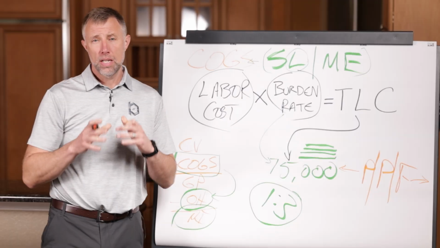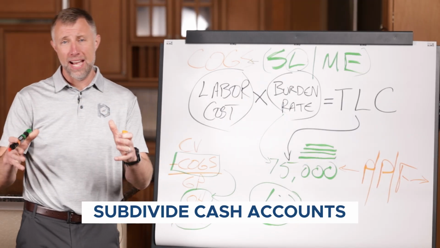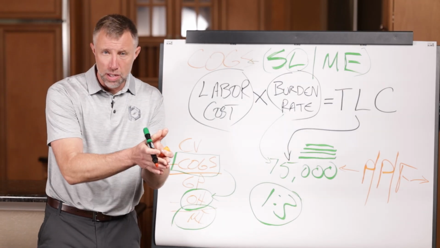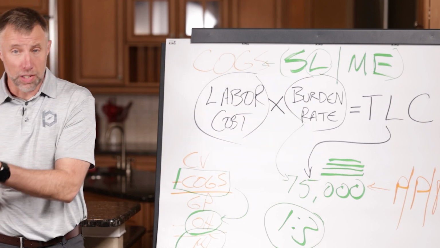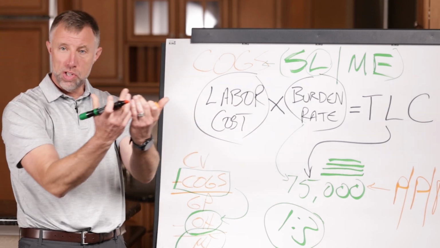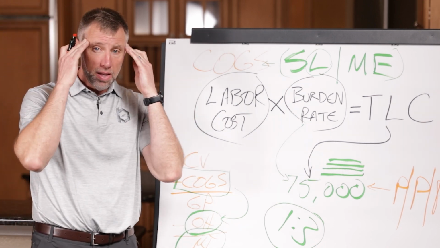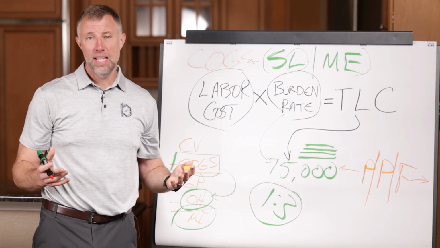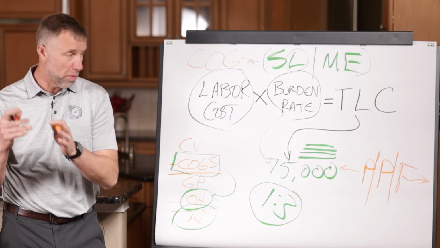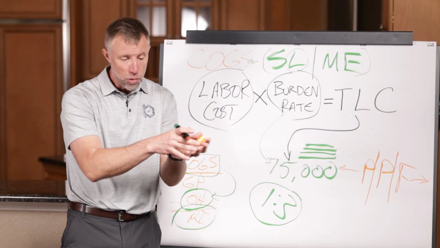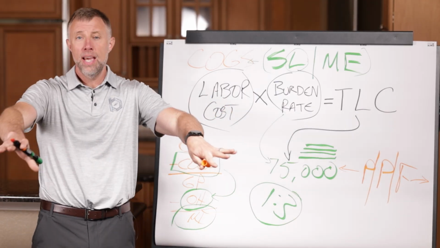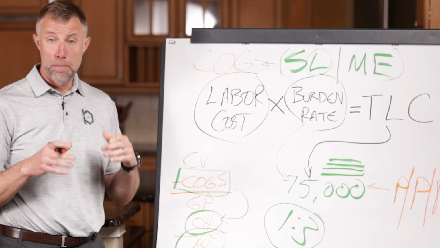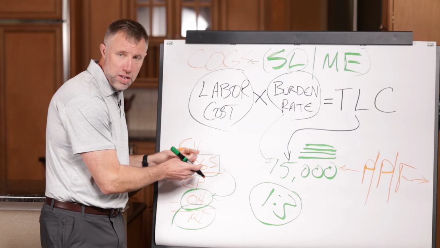That's why we encourage contractor owners to actually subdivide their cash accounts. Have a minimum of 6. So you have accounts devoted to profit, devoted to operating expense, devoted to tax, devoted to capital expense, a variety of different things so that when receivables come in, instead of your mind thinking, oh my gosh, we've got $100,000, I don't want your mind to think that. I want your mind to think, oh my gosh, we've got $80,000 that we've got to pass through the cost of goods, and we have a remaining $20,000 to split into the homes of those bank accounts. That starts to accurately account for the burden rate